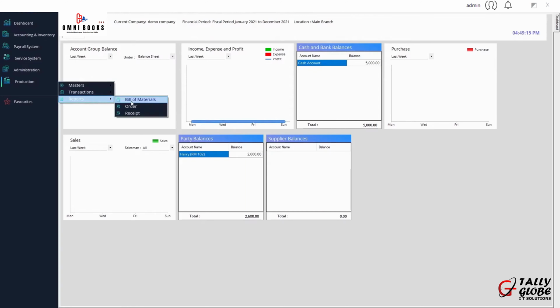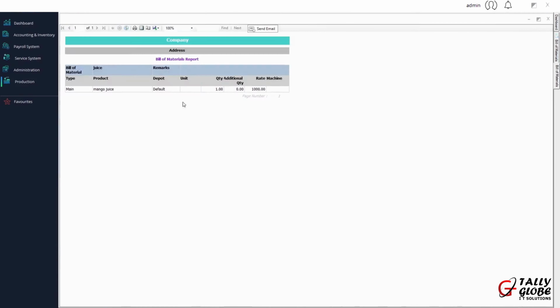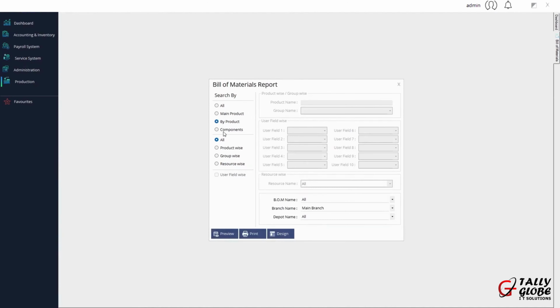And now comes the reporting section. That is the bill of materials report, and you can search by all these criteria over here, like the main product only. So if you click search, you can see all the main products which you have added in the bill of materials. If you want the byproduct and if you want the components, or you can just click all, so that